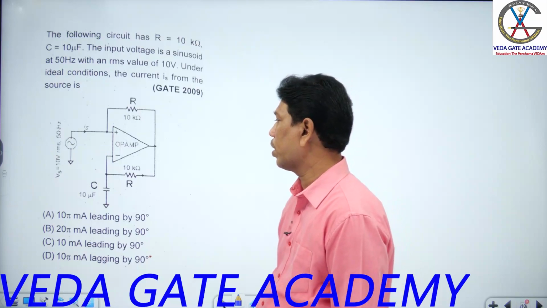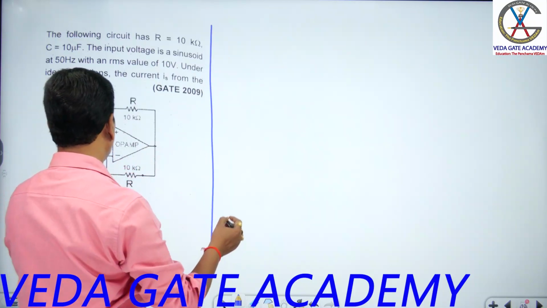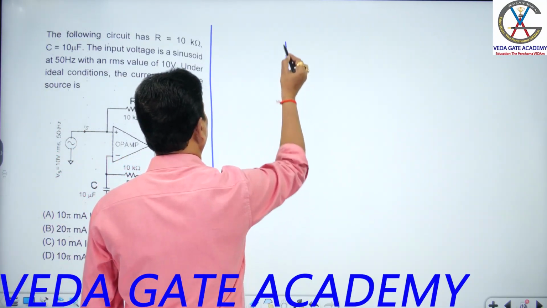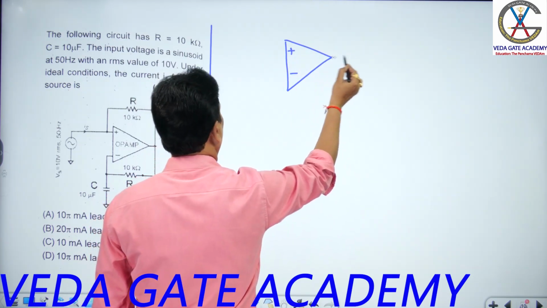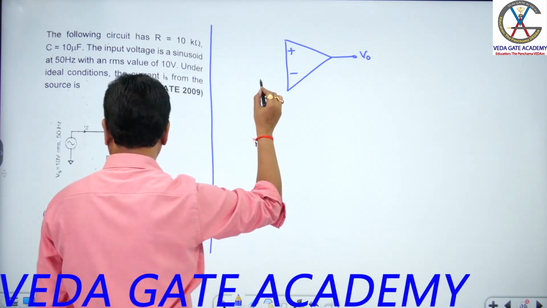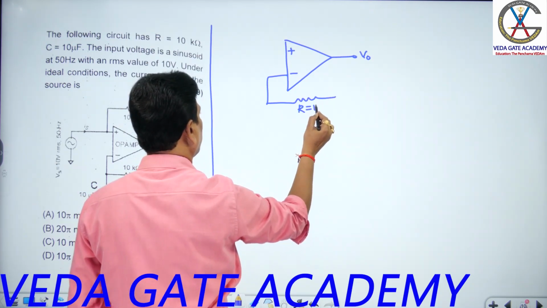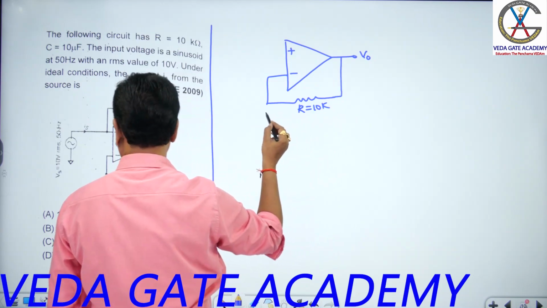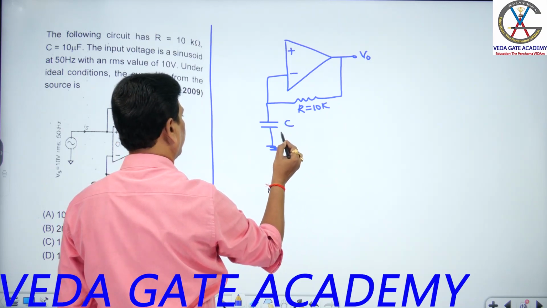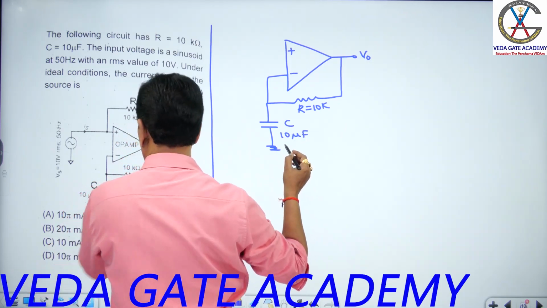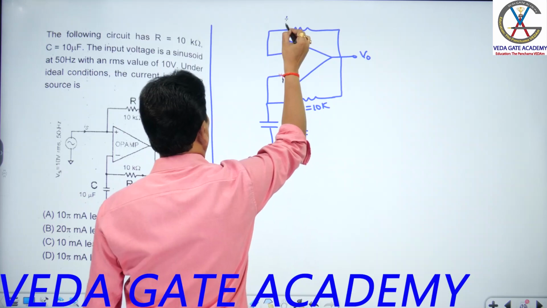Now I can check out that circuit diagram, students. This is the op-amp circuit given, sir. This is the non-inverting and inverting input, and this is the place of output, sir. At the inverting node, there is a resistor R equal to 10 kilo ohm, students. This is a capacitor of 10 microfarad. The same resistance is also used in the feedback of the non-inverting condition, that is R equal to 10K.